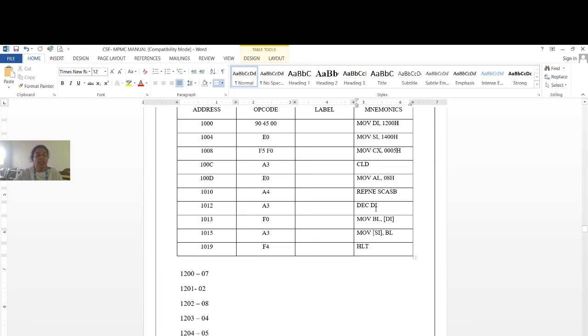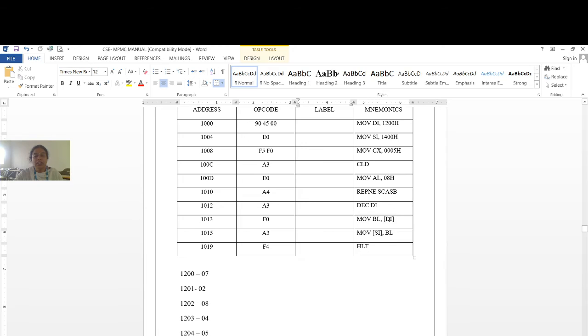Then decrement DI. Why do we decrement DI? Whenever you compare a number, DI points to the next location. When you compare 08 with 08, DI will be pointing to 1203, but our correct answer is at 1202. So we do the decrement DI operation. After the decrement, what is the value in the DI register? DI is 1202.